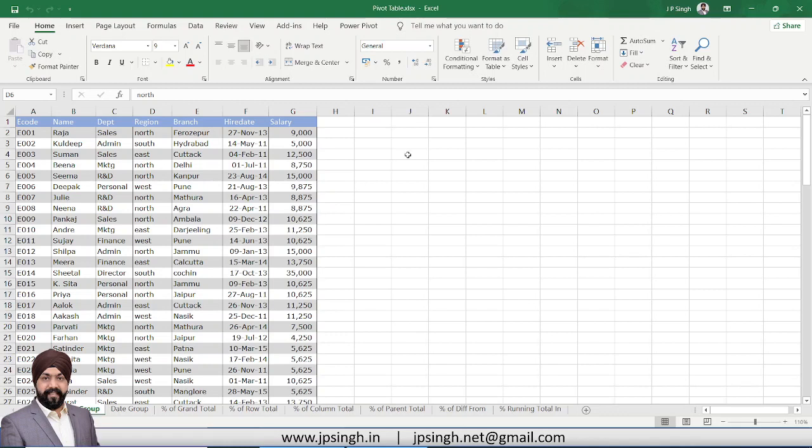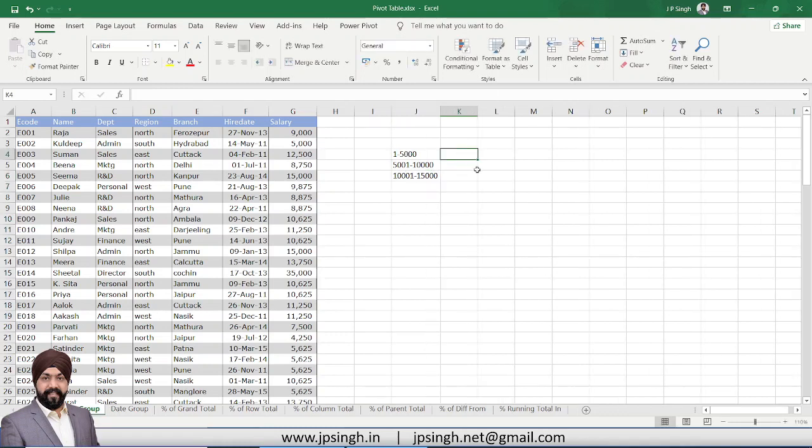In the salary column my requirement is that I want an output something like that. How many people are getting salary between a slab of 1 to 5,000? How many people are getting salary in the slab of 5,001 to 10,000, and similarly so on. It can go on like 10,001 to 15,000. So whatever the maximum value it contains, till that we need to calculate this information, and in front of that number should come, the number of people.